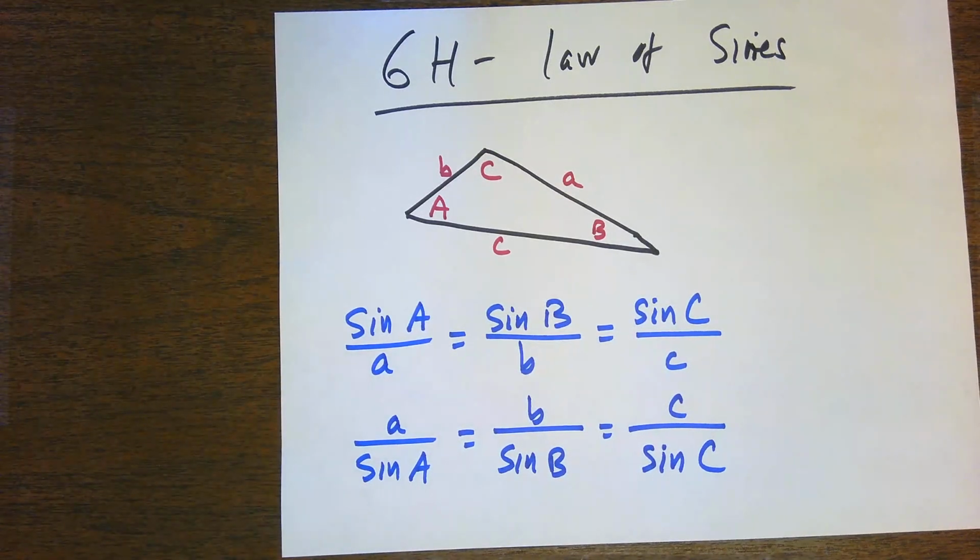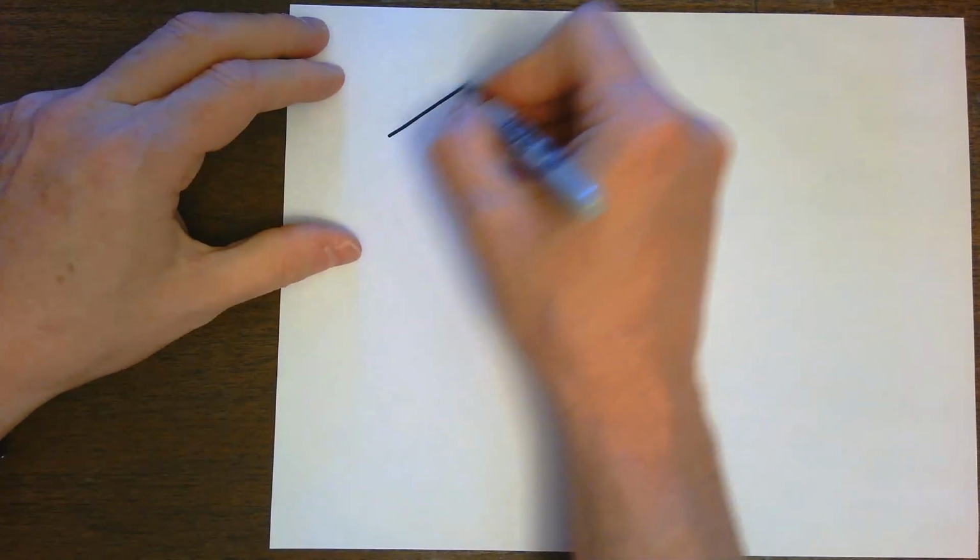Now, we have to be careful with this one, because in this particular case with law of sines, we're going to run into something called the ambiguous case, where there might be more than one possible answer here. So before we get to kind of jumping in on this, let's just take a look at a sample problem, just a simple basic problem. Before we talk about the ambiguous case and weird things that can happen, let's just take a look at a